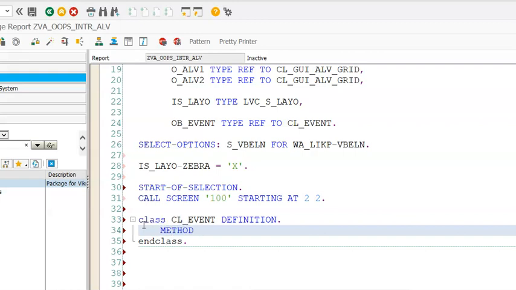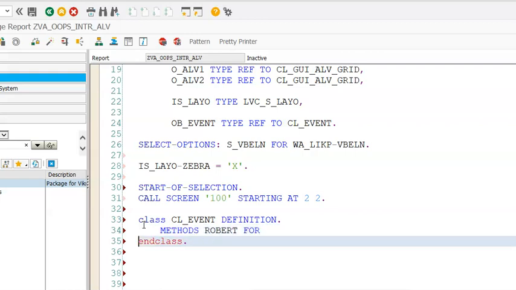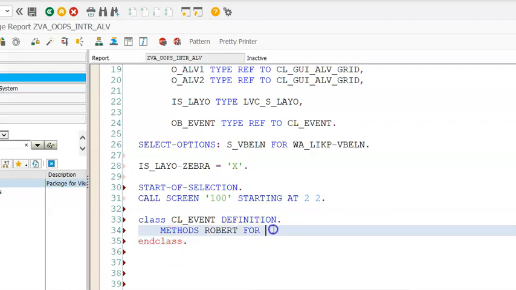So method, there can be any method. So I'm giving a method, any method. So I'm giving it as Robert. The method name is Robert. And Robert for, okay, methods. I need to write it as methods, right? Because this is a definition method. Robert for event